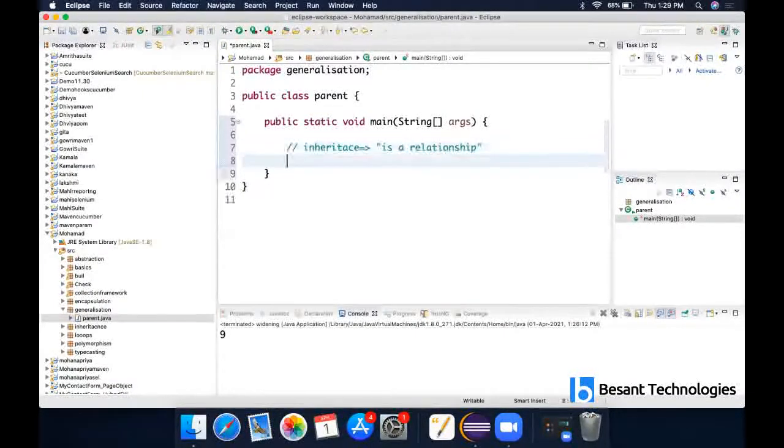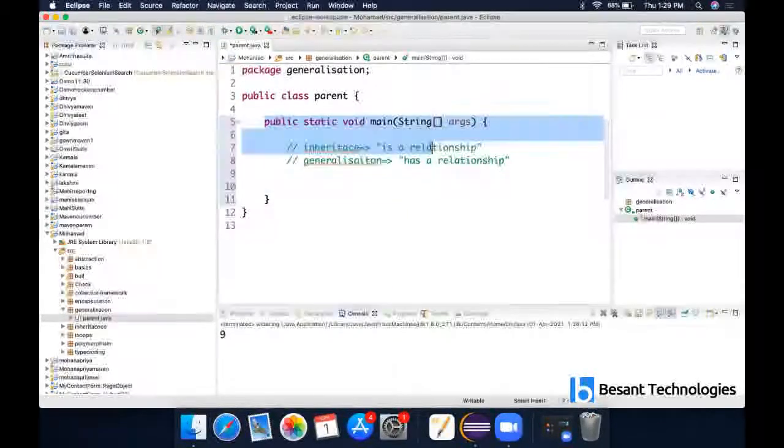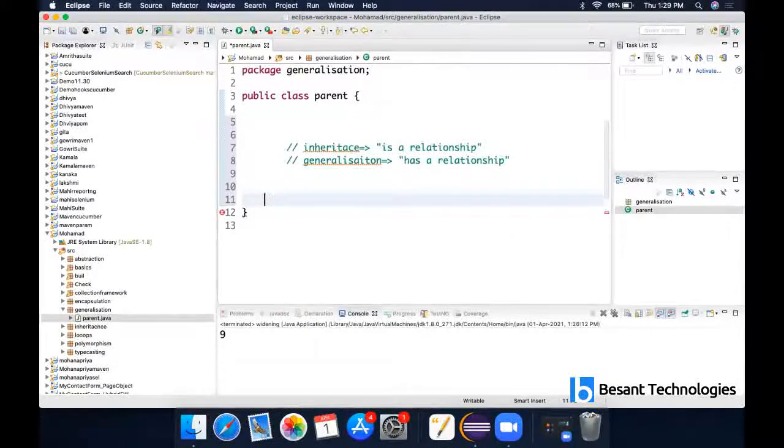Generalization, other name is has a relationship. Okay. This is the other name, just terminology. Actually we won't be having this main method in parent. Just the looks. Okay, generalization and specialization.